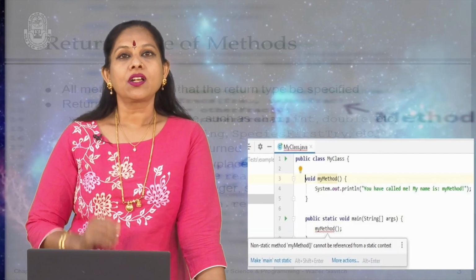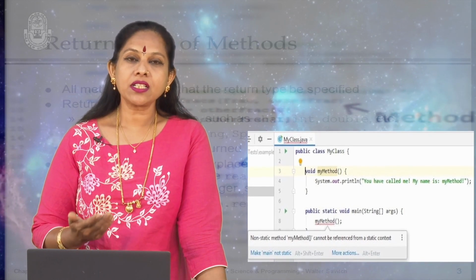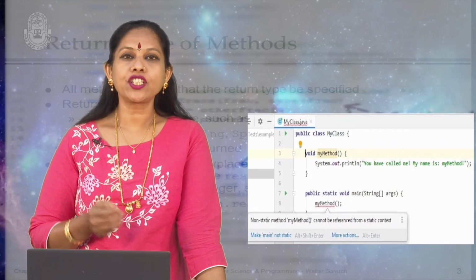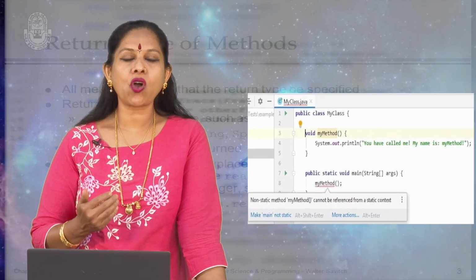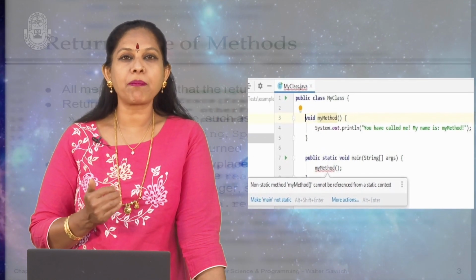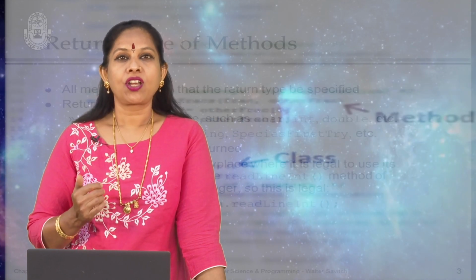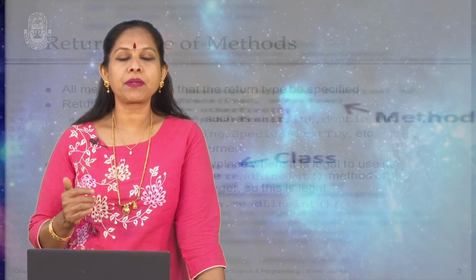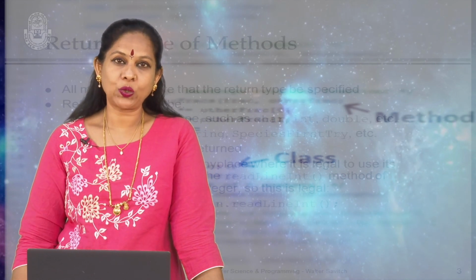Calling methods. Calling a method is similar to calling or referring to an instance variable. The methods are accessed using the dot notation. The object whose method is called is on the left of the dot, while the name of the method and its arguments are on the right. Object.methodName(parameter1, parameter2);